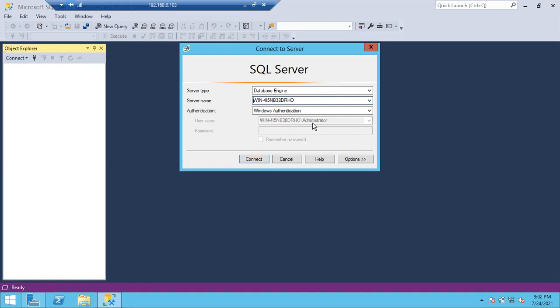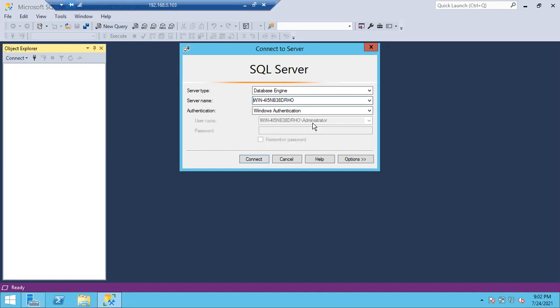So here you have to understand, don't think everyone can connect to your SQL Server. Why? Because that is a database. No one can access it easily. No one can connect easily, even if you are a local administrator. An account should be created in the SQL Server, then only you can connect to the SQL Server.